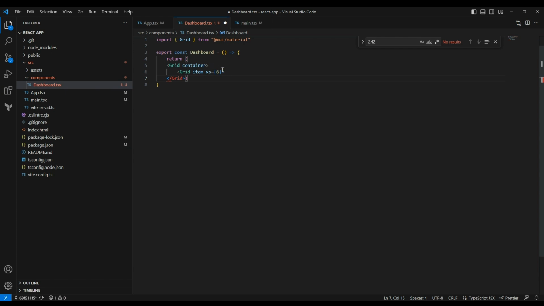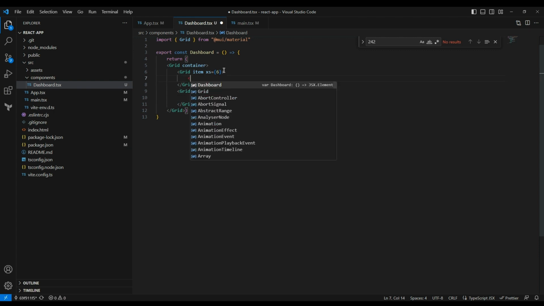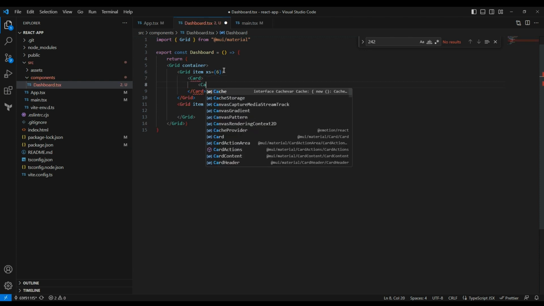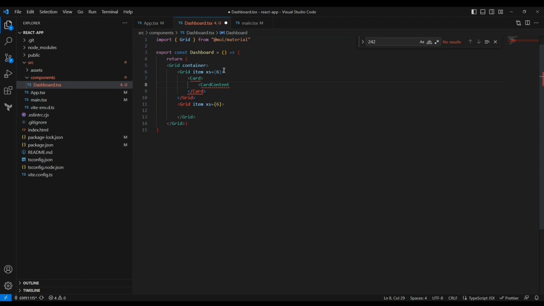XS equals 6, so this is going to take up half the page no matter the screen width. Then let's just create one other. XS equals 6. Awesome. Okay, so now let's create a card with some typography in it on the left side. Okay, so let's do card, and let's do some card content. Just that'll give it a little bit of padding. So again, this is the card component, and it has a bunch of subcomponents inside that you can use. So like we saw in the picture,